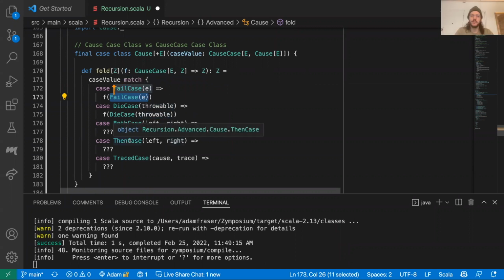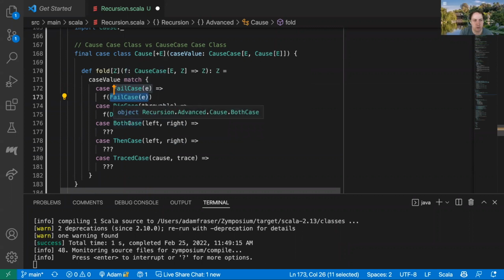So, okay, now let's look at the both case. This one's a little bit more complicated because it's got the recursive cases in it. This is where we handle the recursion. And so this one, we could say, okay,